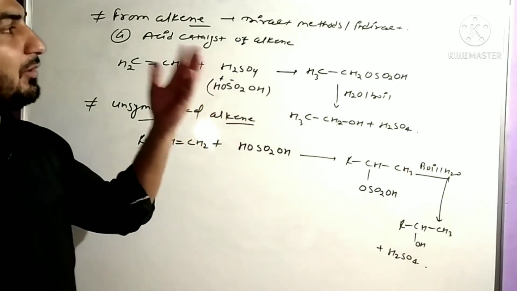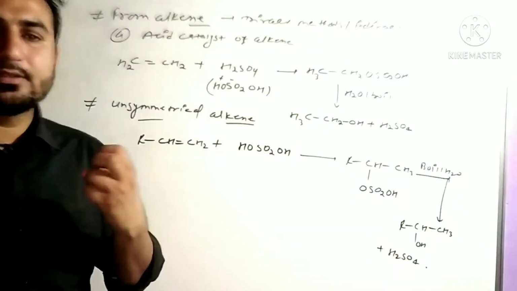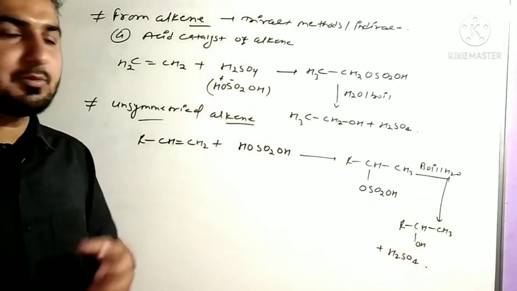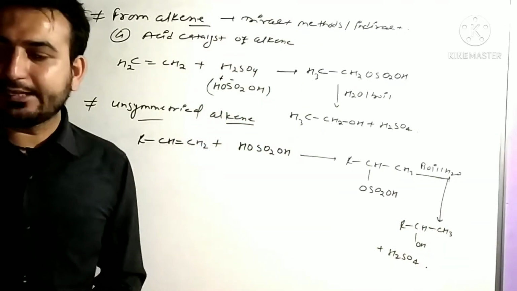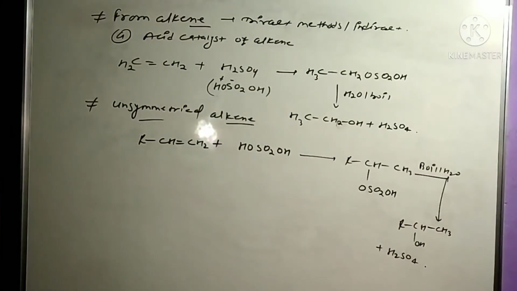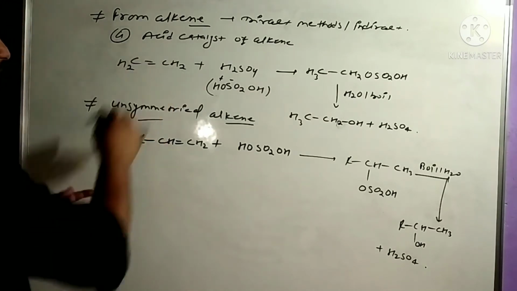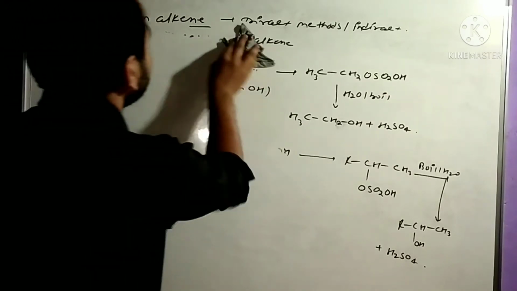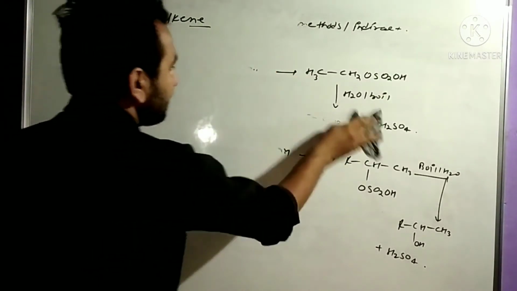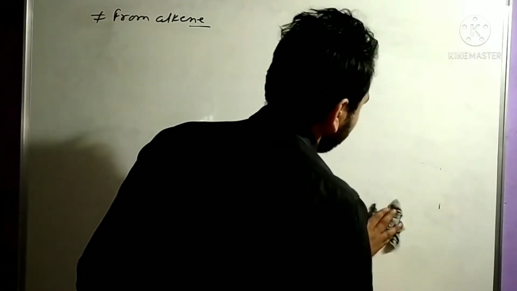Clear? Another method, you have the indirect method. In this method you have the hydroboration oxidation reaction. It's a very important reaction, and you see the very difference between this direct method and indirect method. So first of all, note down this point. So class, see the next method in the same thing, by the alkene method. You have the hydroboration oxidation reaction. It's a very important reaction.